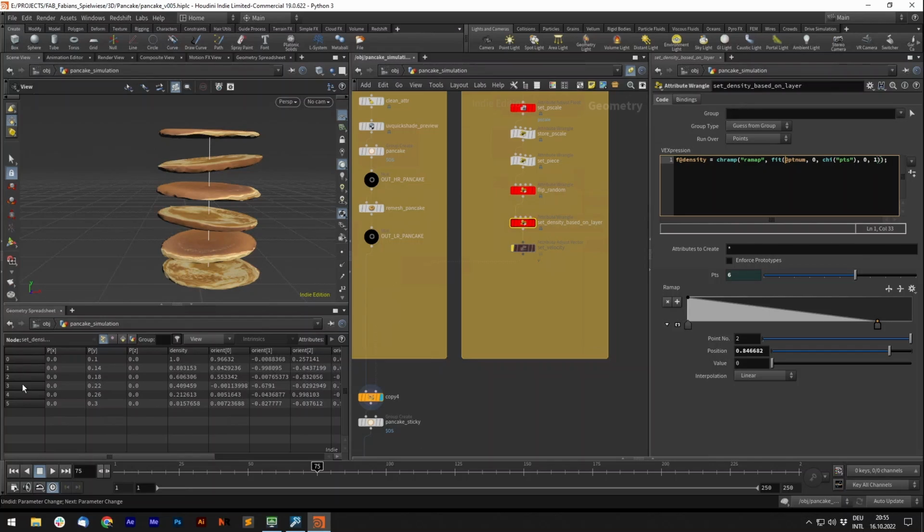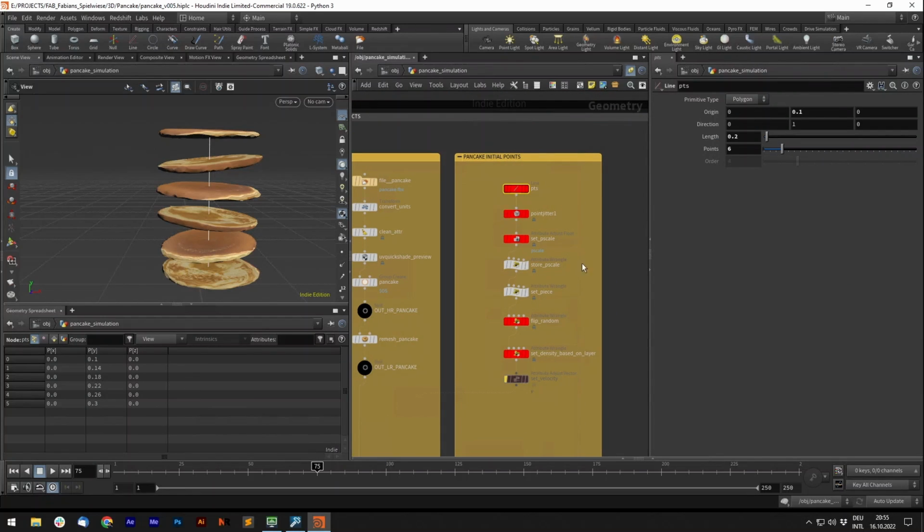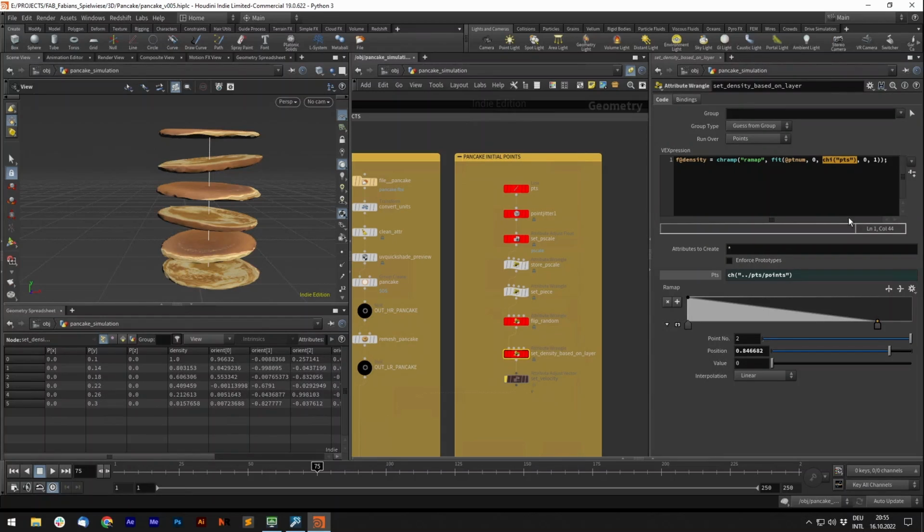So for the PT num is 0 to 5, and we fit it from 0 to the amount of points we have. This is just an integer channel, and we linked our line points here. And I want to fit it to 0 to 1. And now I remap the whole thing. So now you can see here, if you watch those values and I adjust the remap, I can quickly remap